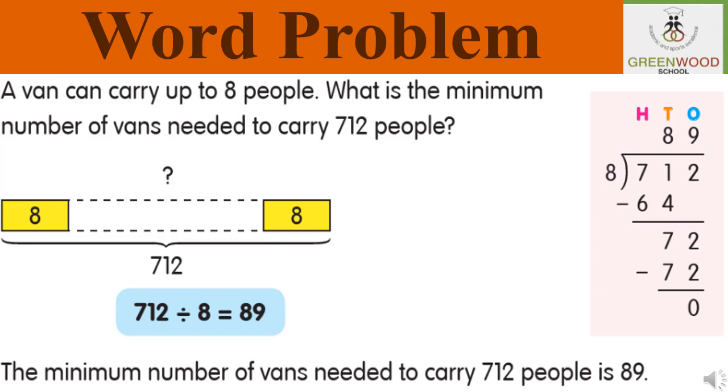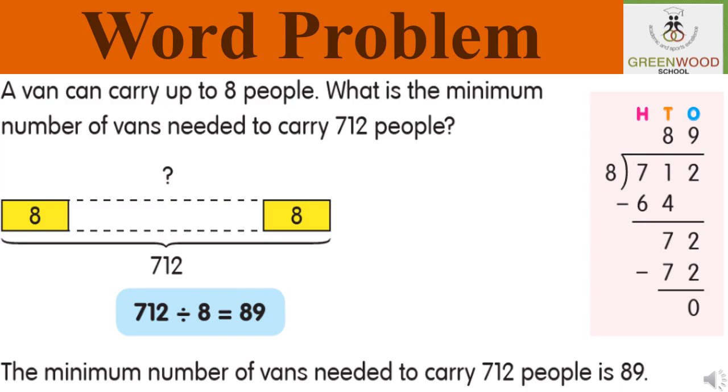So we'll combine the first 2 digits and we'll write a number equal to that or a digit smaller than that. So for that you should know the table of 8 properly. For that we'll write 8 8s are 64, which is less than 71. Now subtract 71 minus 64, which is equal to 7. So bring this last digit 2 down. So the number becomes 72.